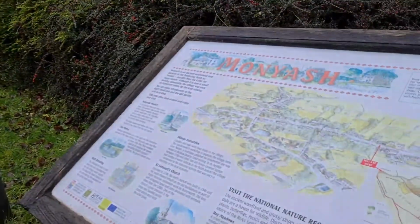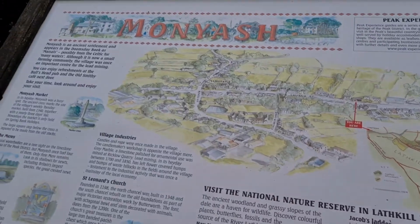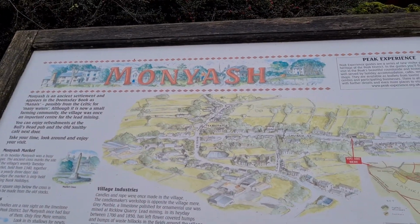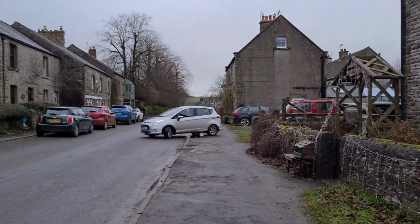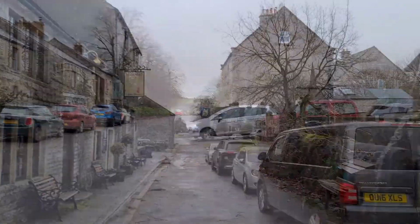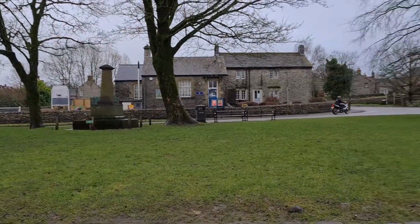So we've arrived at the village of Monyash, National Nature Reserve. Lovely little village. Just going to head into the little village square now. So we've managed to make it into the village square, lovely little village square,